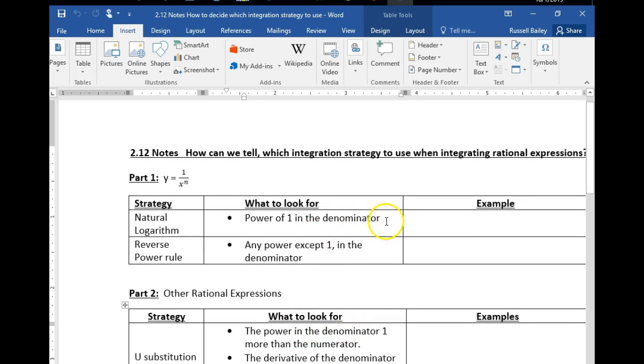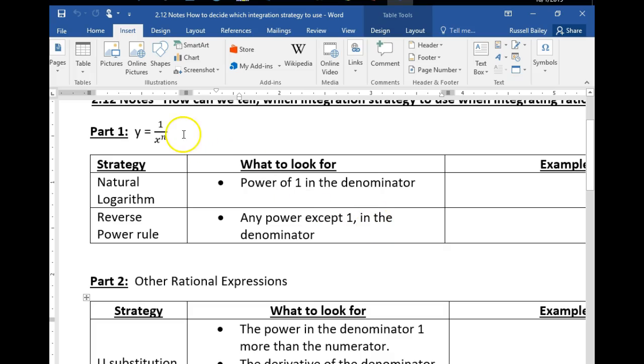Up here at the top, let's look at this first one. We're looking at ones that are of the form y equals 1 over x to the n. So in other words, there's a number on top and just one letter on the bottom with a power on it. Well, really, there's only two kinds. Either A, they have a power of 1. So for instance,